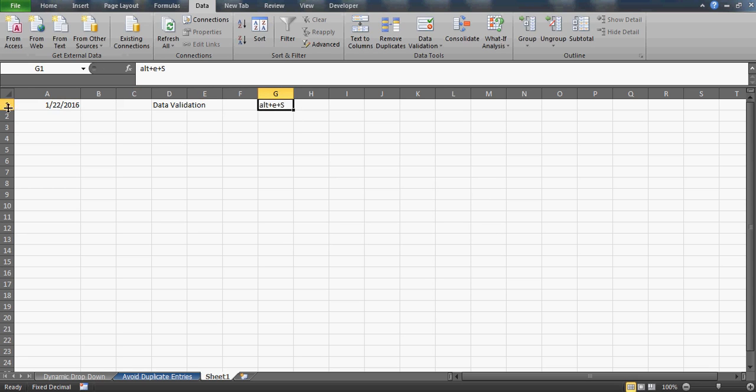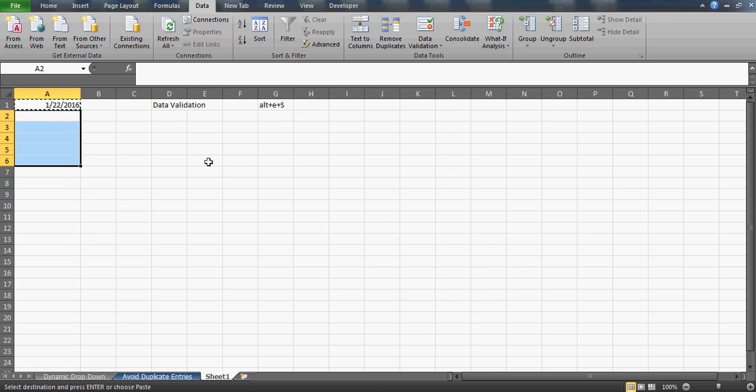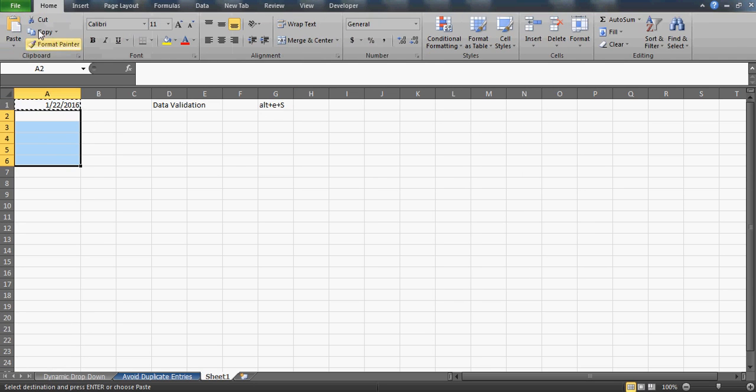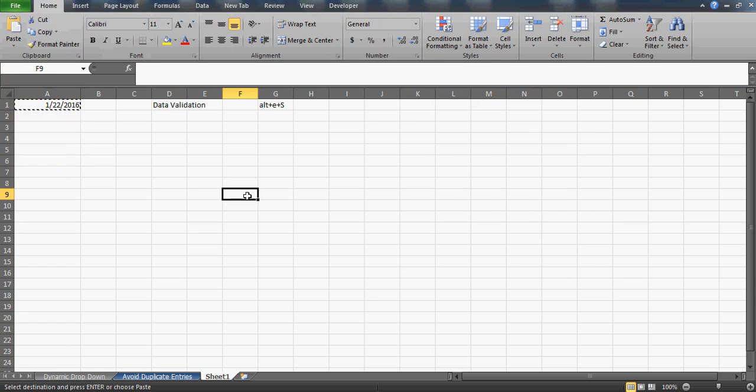For those of you looking for this shortcut key, I have pressed Alt ES, and when you press it, the Paste Special window comes, and then you can click on Validation and your validation will be applied. Or otherwise you can go to the Home tab and use Paste Special from there as well, one and the same thing, right?